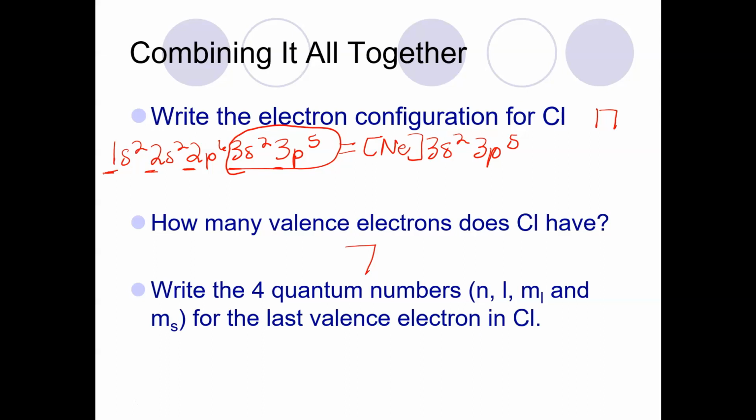Okay, so the next one, write the 4 quantum numbers, N, L, Ml, and Ms, for the last valence electron in chlorine. So the last valence electron, so all 7 of these are valence electrons. The last one would be the last one that I wrote down in there, okay? So if you remember earlier,